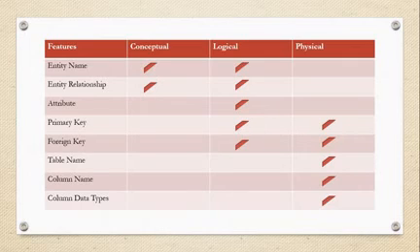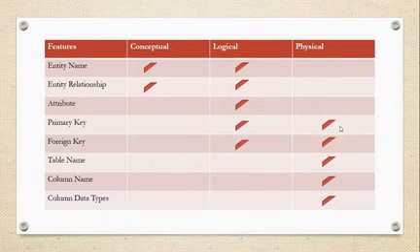And then the third section. In the third section, that means the physical level, we can focus on the primary key, and during actual implementation we can focus on the foreign key, the table name, the column name, and the column data type. That means in the last level we are actually developing the database. That means we are creating the database. This happens only at the last physical level.